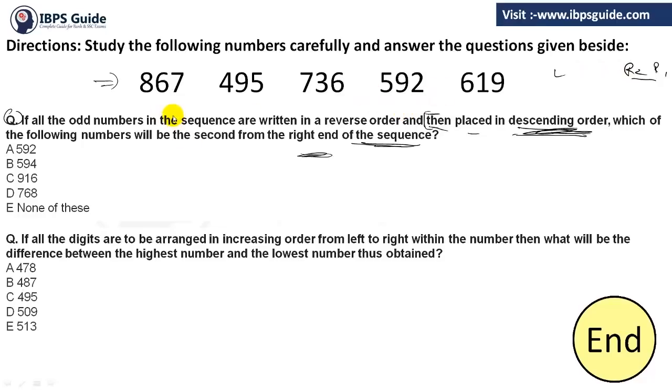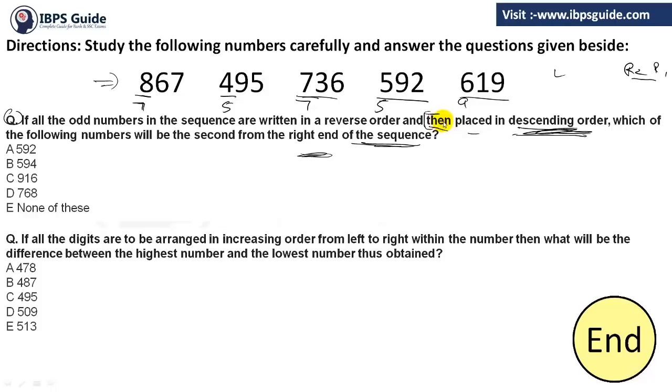First of all we need the first digit. So in this it is an odd number, so the first digit will become 7 because it will be reversed. Again an odd number, there you have 5. It is an even number, so no need to change. In this it is an even number, no need to change. And it is an odd number, then it will become 9 here.